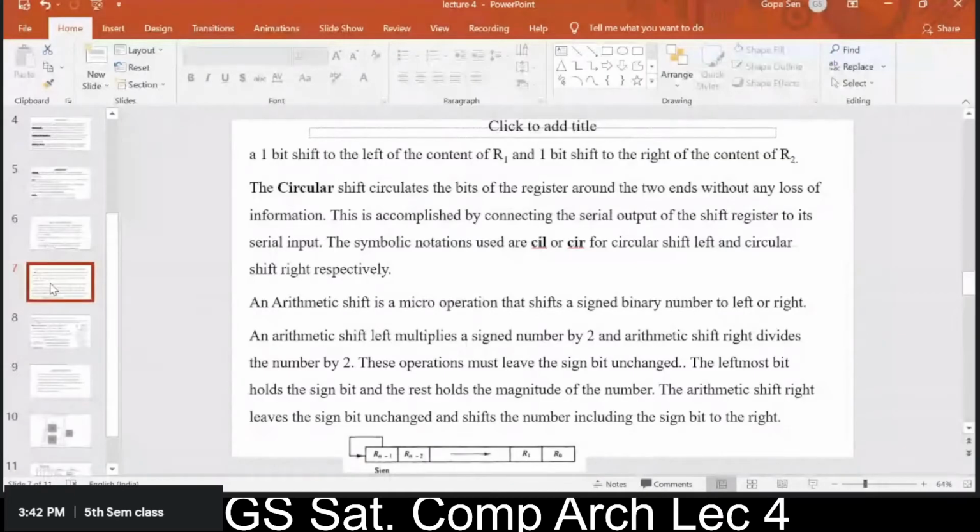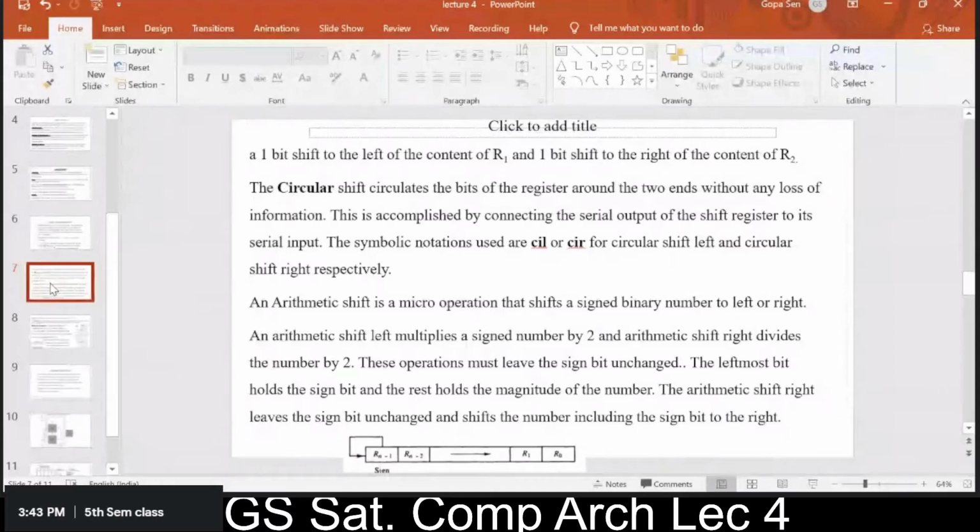Now the sign can be either negative or positive, but we cannot write it as you would on paper with a pencil, plus or minus. For a positive number there is no need to write plus on paper, but in a machine that will not work. You cannot leave it blank, you will have to put something, and that will be either 0 or 1. So what is done actually? 0 is used when the number is a positive number, and when the number is a negative number, 1 will be used in the sign bit.